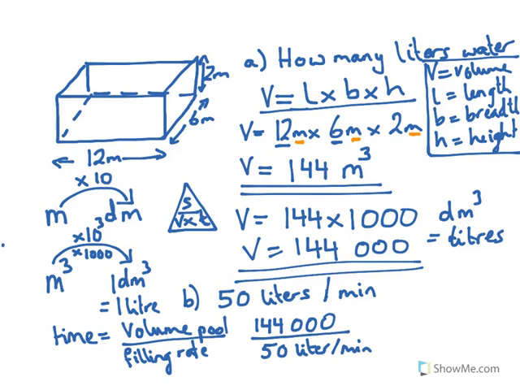Instead of that, what we would get is that the filling rate, if we would call that R, the rate of fill, would be the same as volume of the pool divided by the time. So it would be a slightly different triangle. But here we have the volume of the pool divided by the rate,